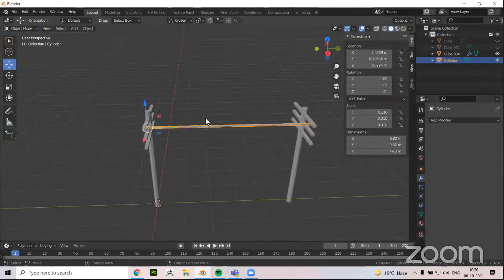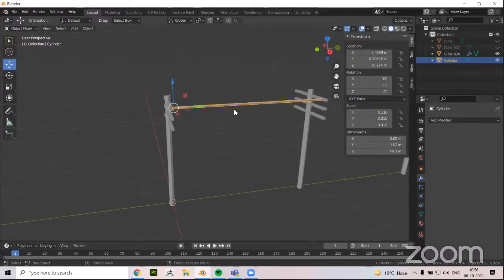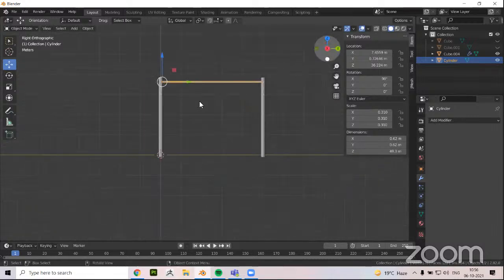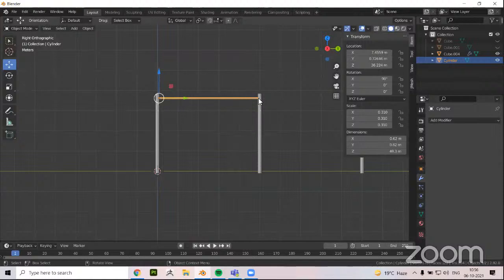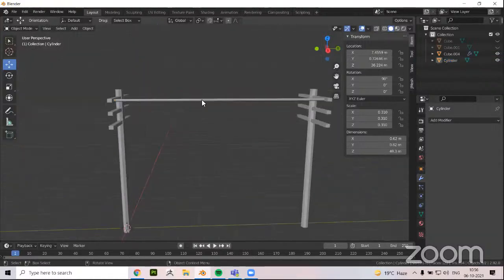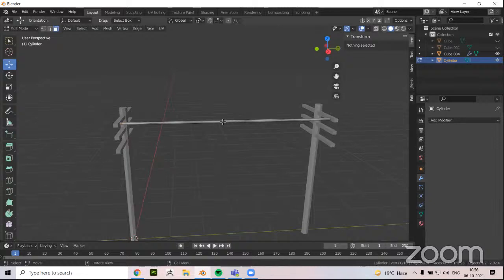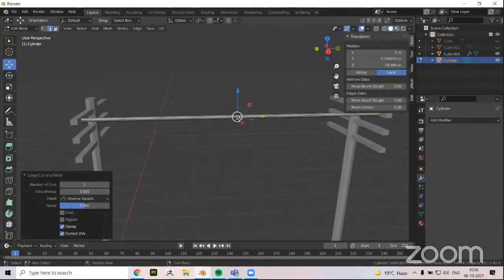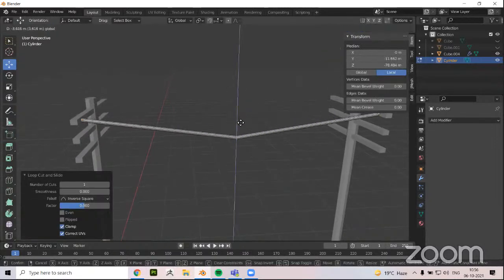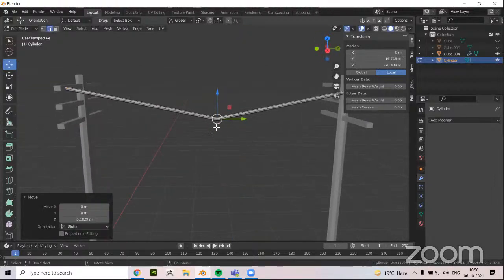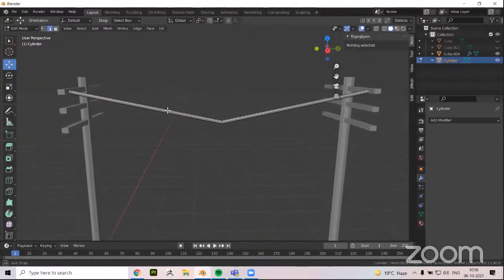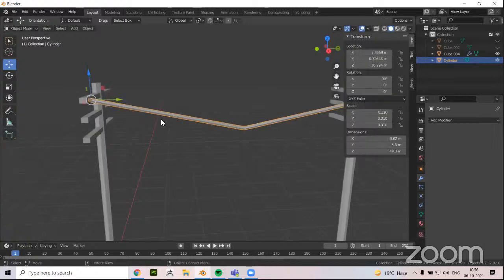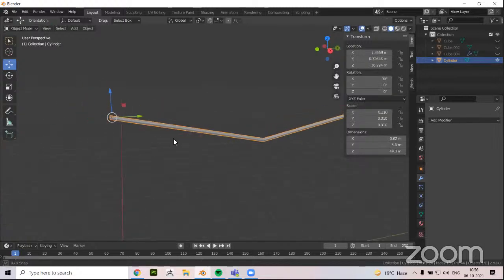And see, even though I've connected these two poles, we all know that wires would never be straight in line. They'll always have a curve to them because of gravity. So to bring the feel of gravity, we'll go into edit mode. I can add a loop here and bring it down. Right now, even though this thing is down, it's not as smooth as it was supposed to be. So here, what I can do is